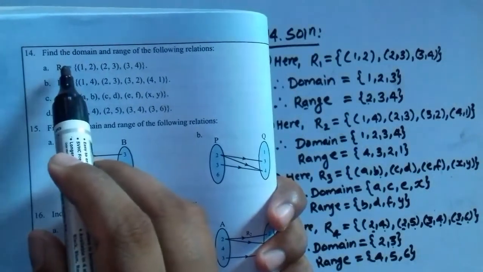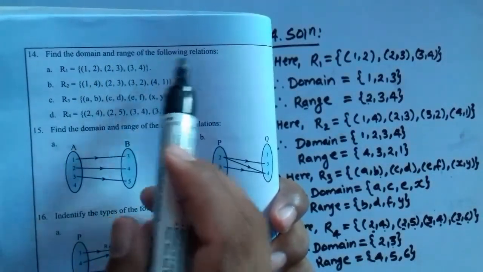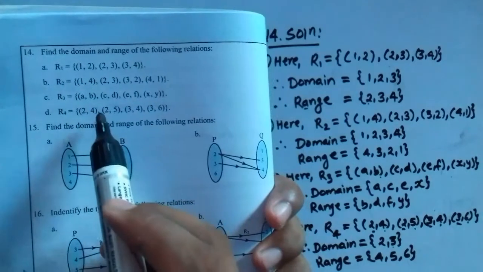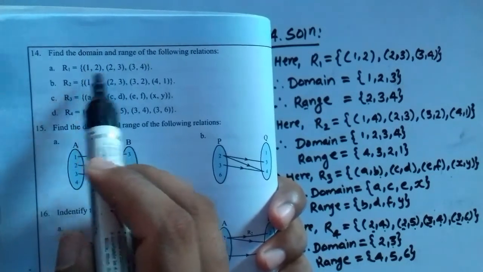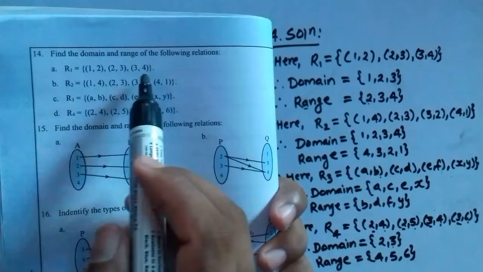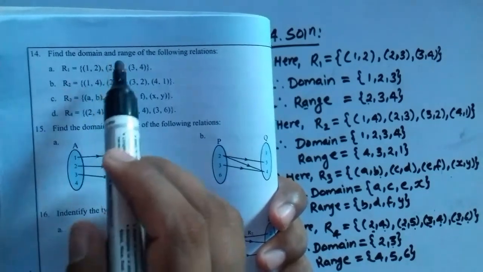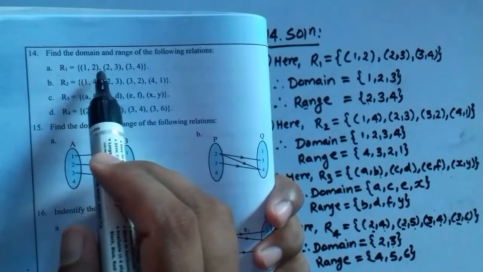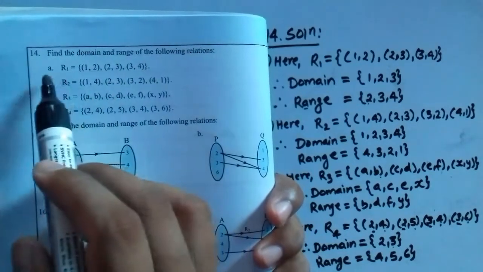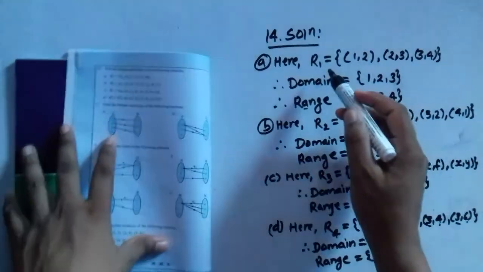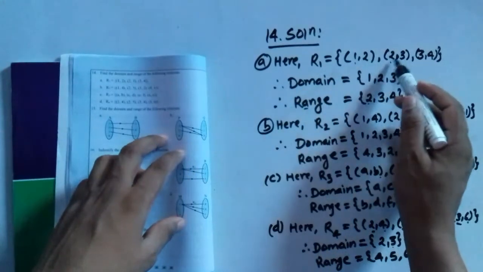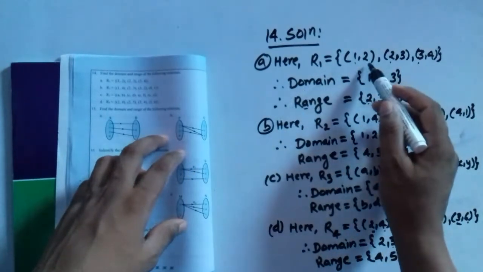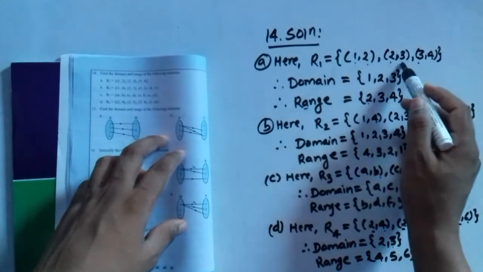In question number 14, we have to find the domain and range from the following relations. As we know, domain means a set of all the first elements of the ordered pairs of the given relation, and range means the set of all the second elements of this given relation. So here for this R1, this 1, 2 and 3 makes domain, and a set of 2, 3 and 4